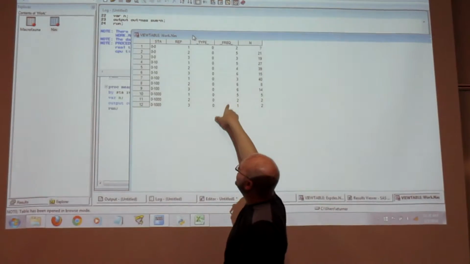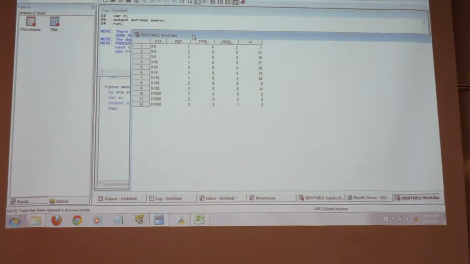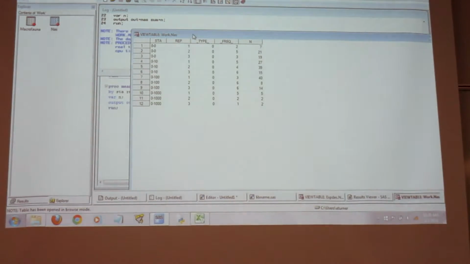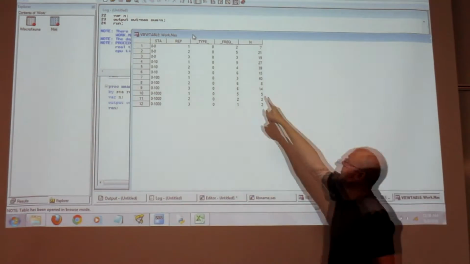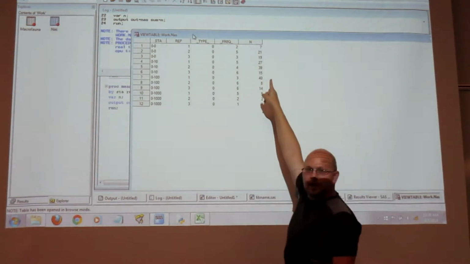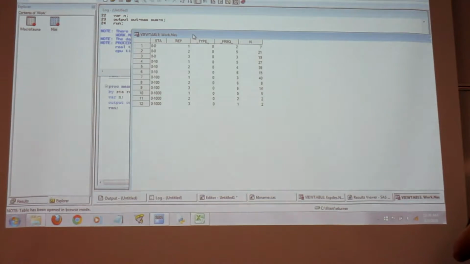So if we look at this frequency, it looks suspiciously like this frequency, right? So that's what it did, is it counted which rows we collapsed out and counted, well, how many rows did I collapse? Well, I collapsed 2 species, right? And I put that number there. And then the total number that I found across all of them was 7, because I added all of them together in the sum. Yeah, this is hard stuff, right? Does that kind of make sense of what we're doing to the data?